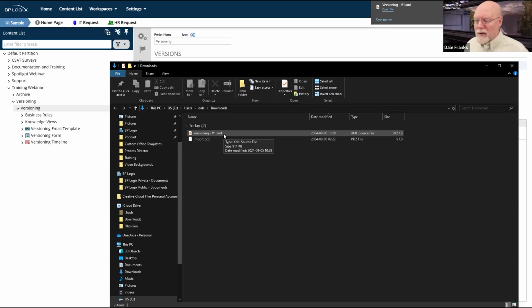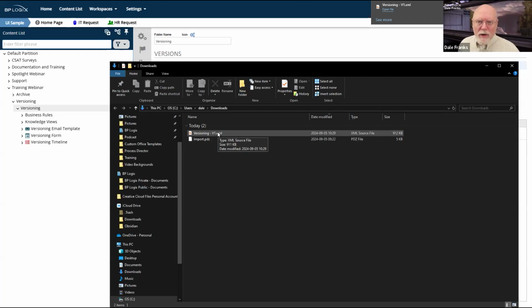Those text files could be pretty big. You could also have it export as a zip file, where it would take that XML file and zip it into a zip archive, and you would download the zip file. That was a lot more convenient because text files can be compressed quite a lot. But the reason we're seeing this XML file there is just an artifact. Actually, every export that you make in Process Director fundamentally is an XML file.